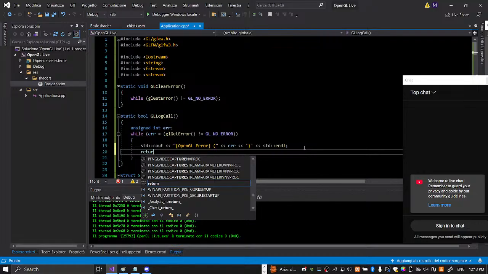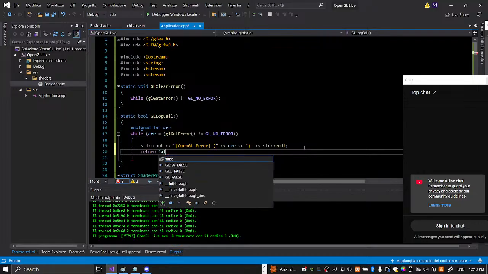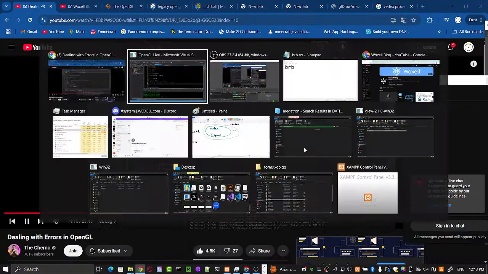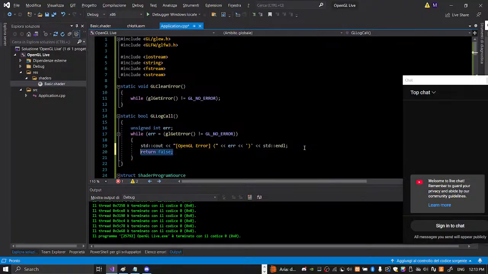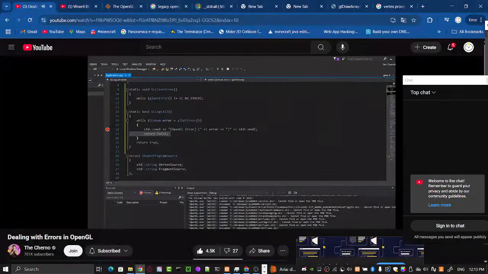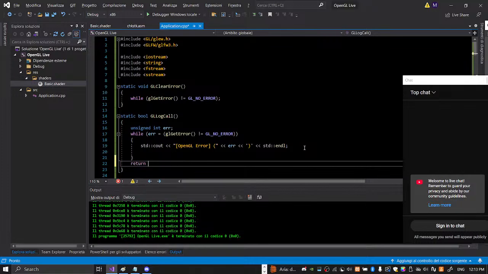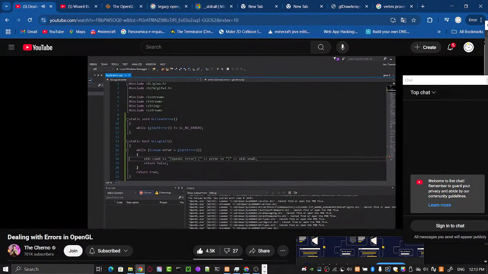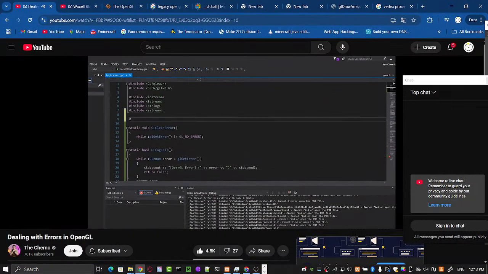Why does this have to be in a while loop if you're returning from the first iteration? But this is just to demonstrate for now, so I don't really care. And then return true. So basically, if we return false from this, it means that our GL call was not successful. I'm then going to come up here, and I'm actually going to write a macro, which is our assertion,